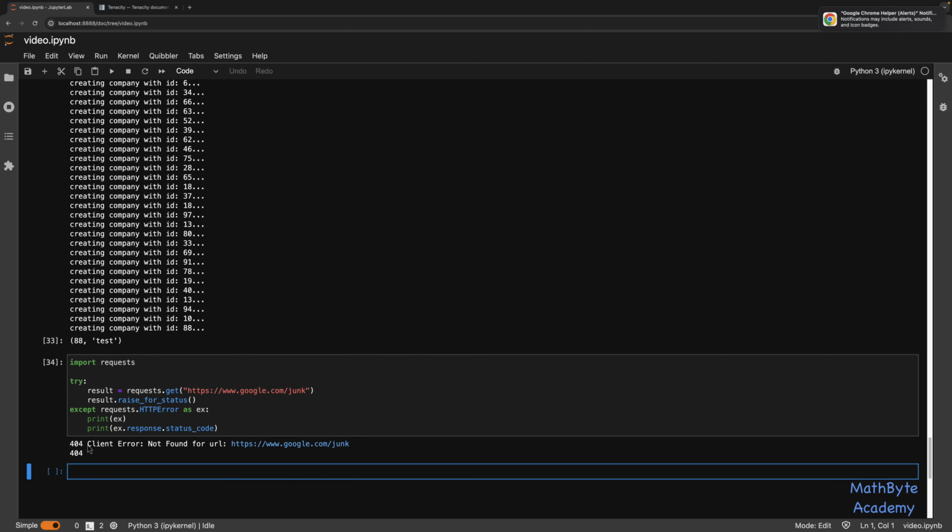And as you can see, I printed the error message, tells us this was a 404 error, and then this was the actual status code over here. And this is what we're going to want to retry on, based on what this value of the status code actually is. So to do